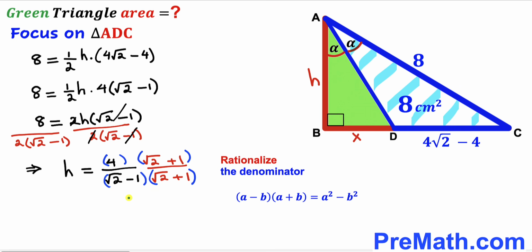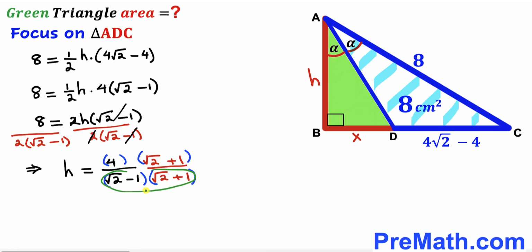So this denominator is going to become square root of 2 whole square minus 1 square, and this becomes 2 minus 1, which is going to be equal to 1. So thus the denominator, when we multiply them, simply simplifies to 1. So therefore h is going to be equal to 4 times square root of 2 plus 1 all over 1,